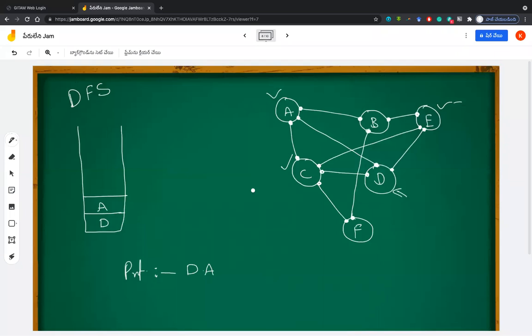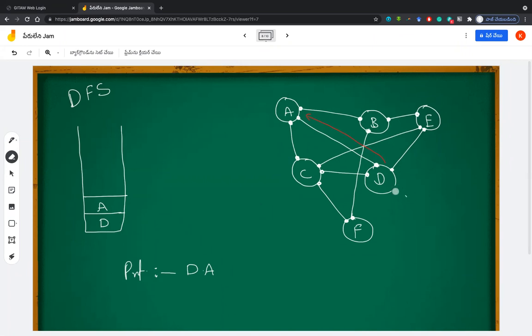Okay. Now let us draw in what way we are coming through. From D, we have gone to A. Now, what is A connected to? C, D, and B, sir.